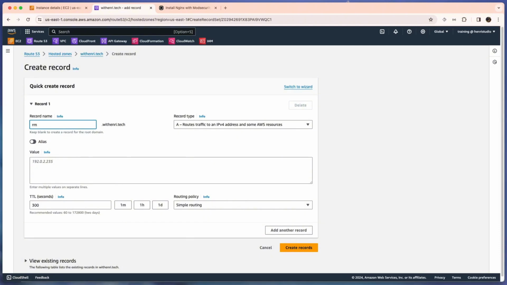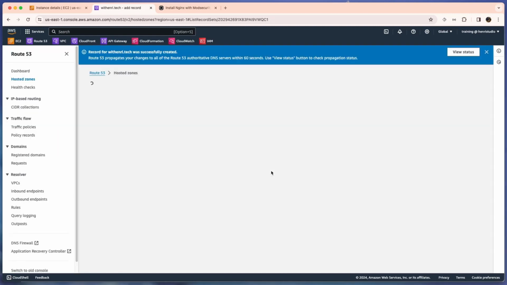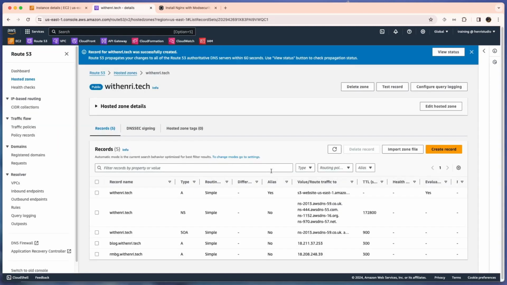We name our subdomain rmbg.withhenry.tech, pointing to our Nginx server. Create record. We hope that when our server is up, this will resolve. Okay, we can access.